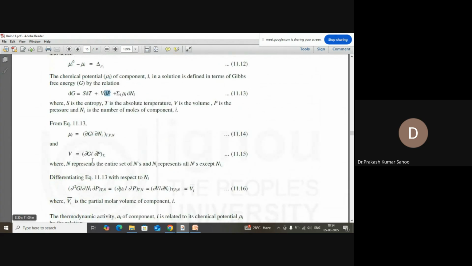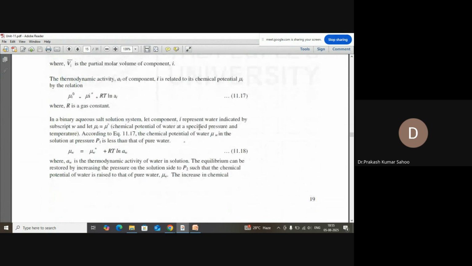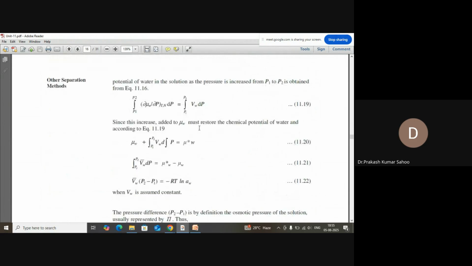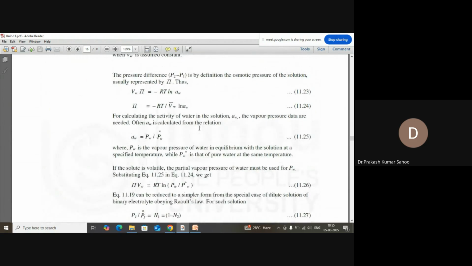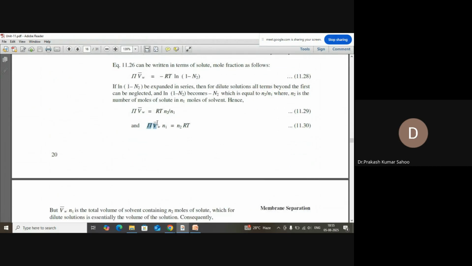As we know, the chemical potential is the change in Gibbs free energy with change in number of moles at constant temperature, pressure and n, and dV by dn is the partial molar volume. After that we have the net equation for osmotic pressure, that is pi equal to nRT or pi equal to CRT,